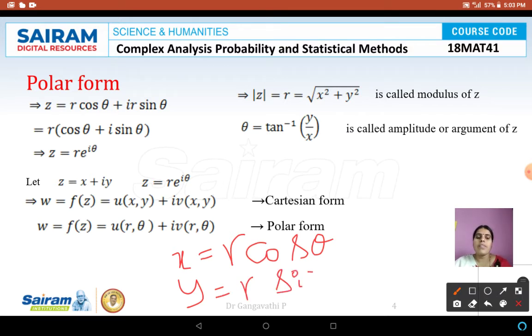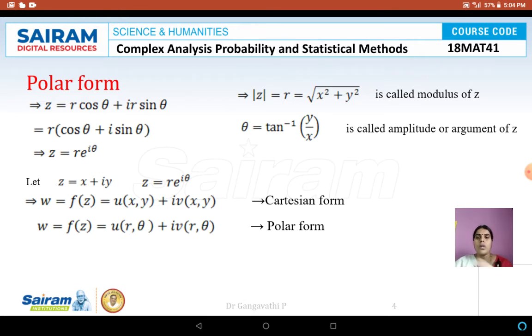Remember, whenever we want to transform Cartesian form to polar form, these are the two substitutions that we mainly use, and they are standard substitutions also. Now when we use them, we have z is equal to x plus iy, where x is replaced by r cos theta and y is replaced by r sin theta. Take out r as a common term, we have r (cos theta plus i sin theta), and z is equal to r e to the power of i theta. So now what is this? We have z is equal to x plus iy, and we have got z is equal to r e to the power of i theta.